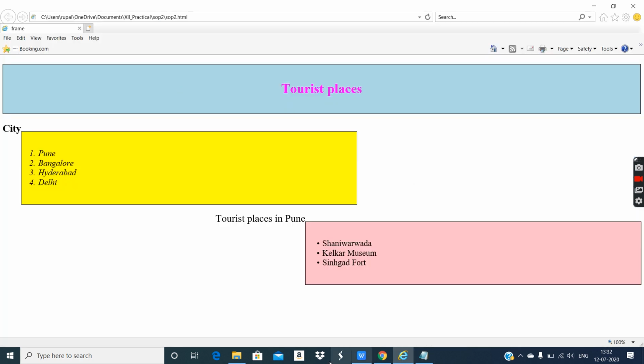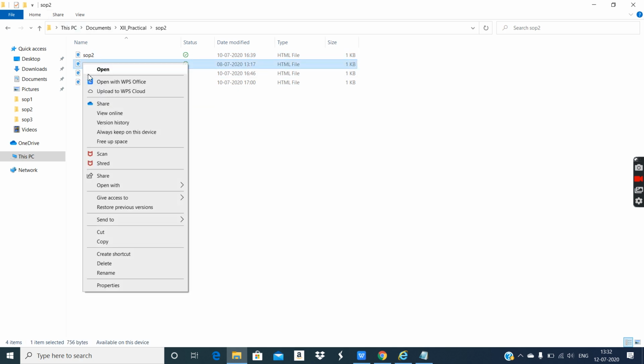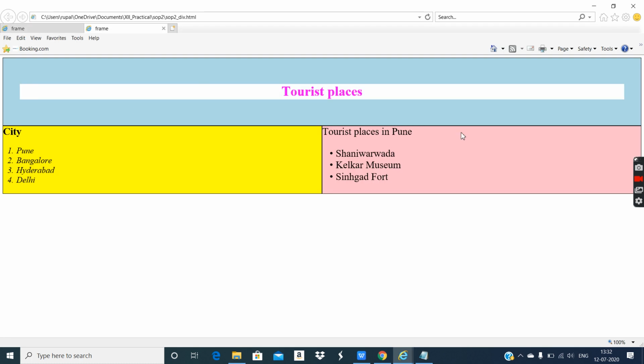So let's move to our next possible solution with the help of division tags. Open with Internet Explorer. See, this looks good. So this is with the help of division tags. I'll close this one.